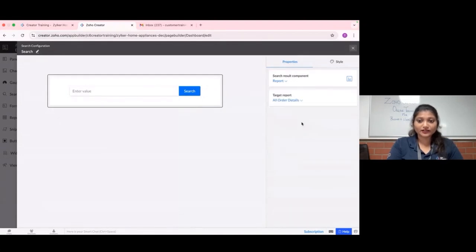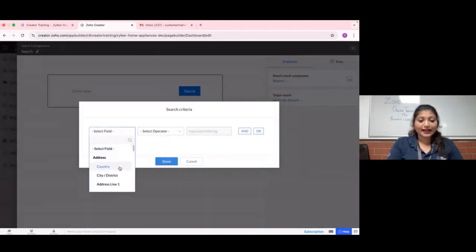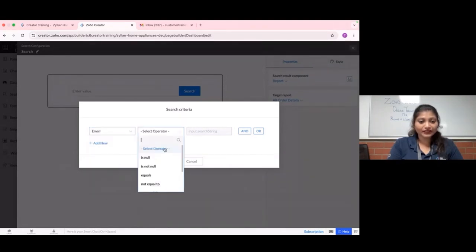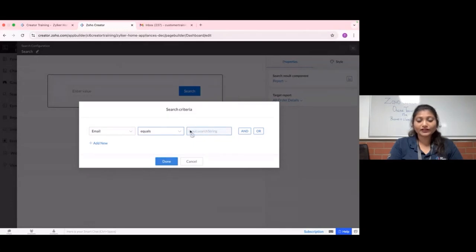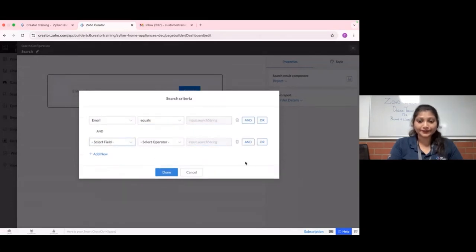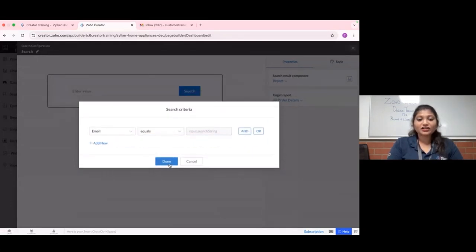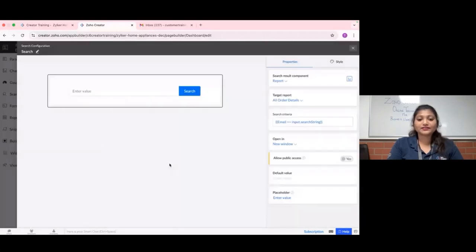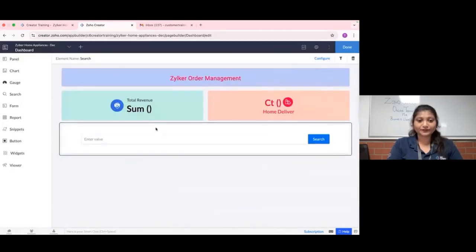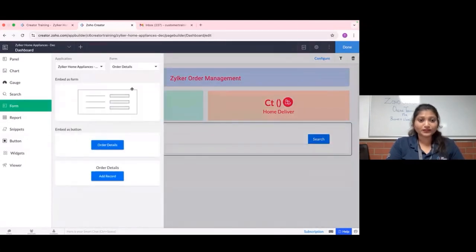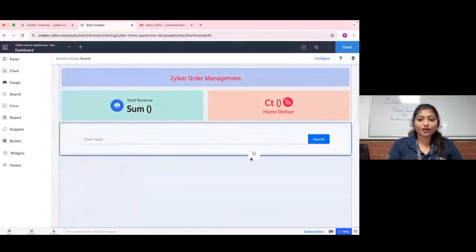Let's say it's the order details report, and I would like to search it based on the email equals to whatever the value that we are adding, right? So based on the email, I can go and search for that specific order, right? And then I can also embed the form. So let's say instead of going to the form directly, I can embed the order form over here,